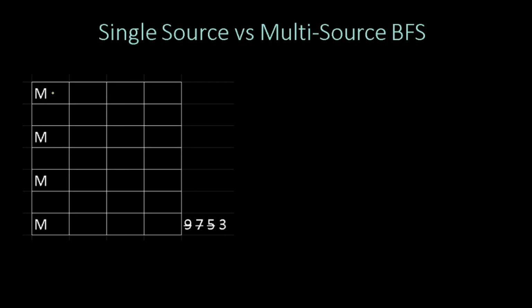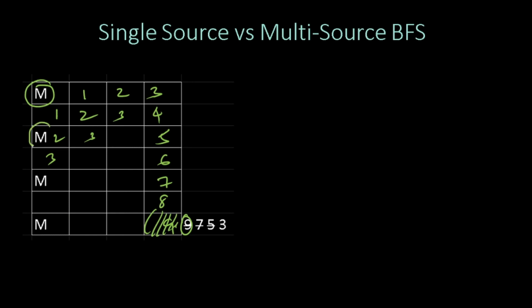So what that would mean is, let us start with this guy, the first monster. He can reach all these locations in 1 unit time. He can reach all these locations in 2 unit time. He can reach all these locations in 3 unit time, 4, 5, 6, 7, 8 and 9. So he can reach this location in 9 units of time, this monster. Okay. Now we will process the next monster.